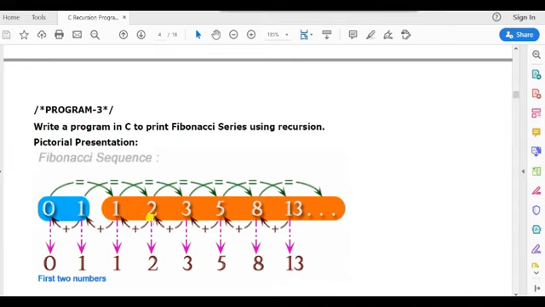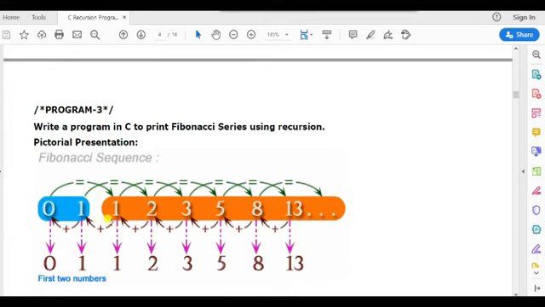We add the previous two terms, and every time we get the value by adding the previous two terms. You can see from the example also, these two terms are fixed, and the next term is calculated by adding the previous two terms.